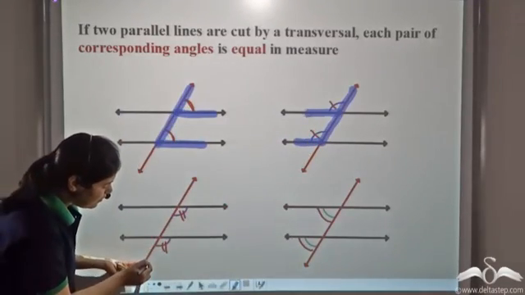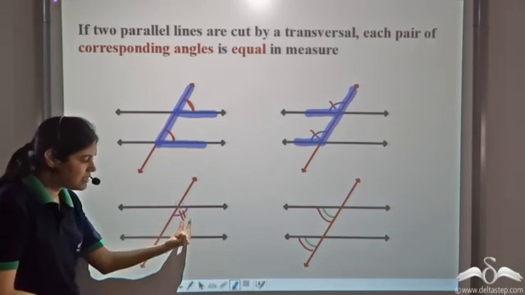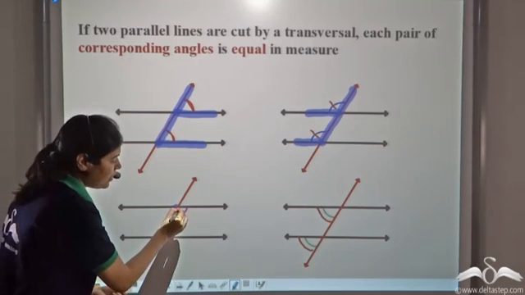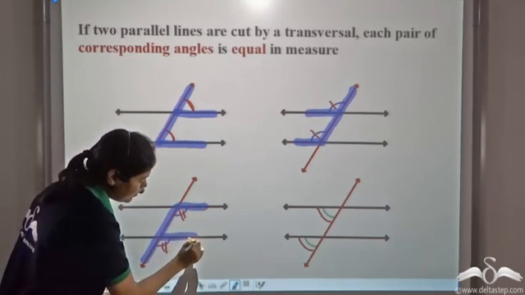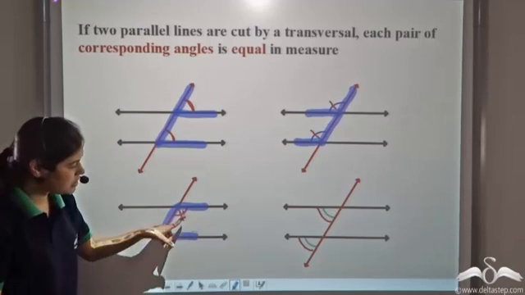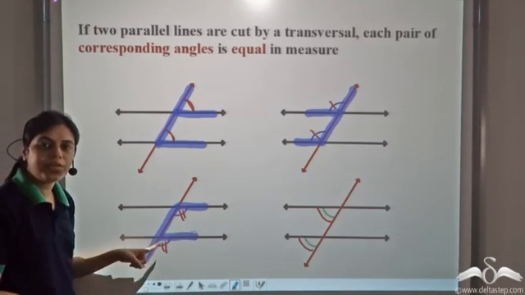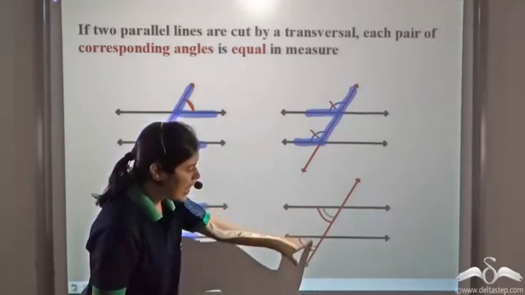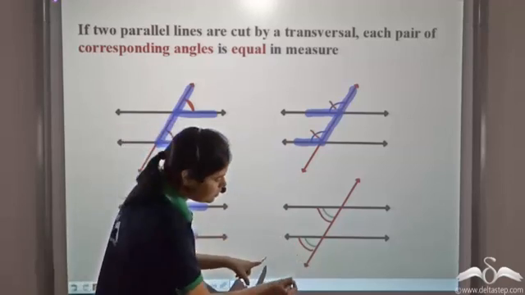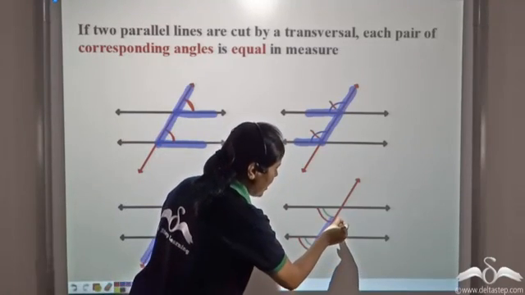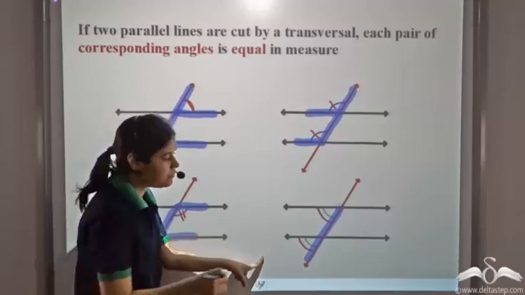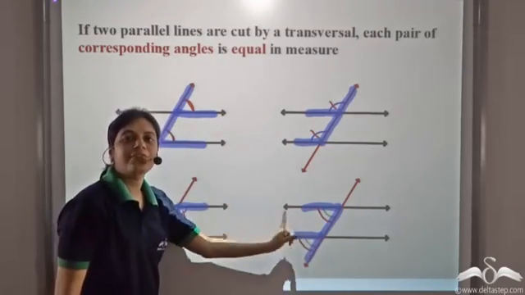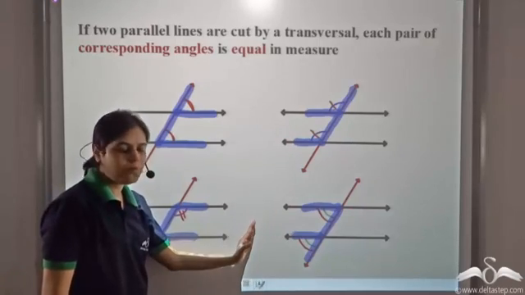In this case, we'll start from here because the angles are facing this side. So we start from here and we draw lines containing the angles. So this angle is contained, this angle is contained. Again we see that an F is formed. In this case also, the angles are facing downwards. So we start from here and stop at the vertex of the second angle. Draw lines containing the angles. We see an inverted F is formed, a flipped F is formed.